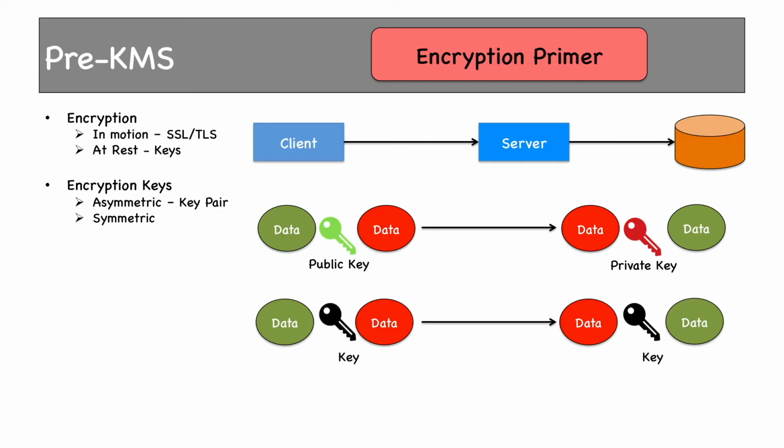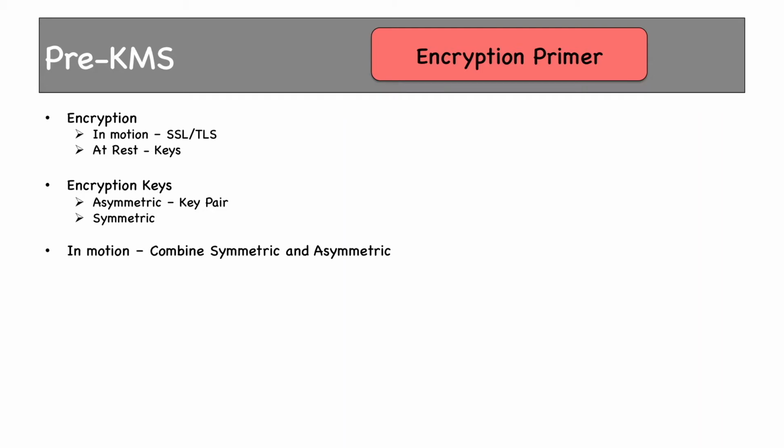Not only that, it should also keep track of which client it is sending data to so that the correct public key is used. It adds a lot of complications and processing overhead at the server end, which is of course not desirable. There has to be a solution. Well, in motion, data should always be encrypted with both the options.